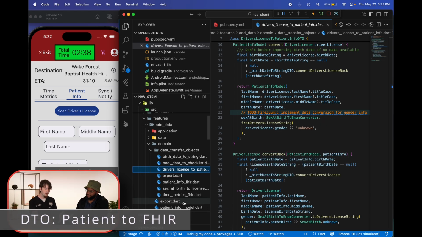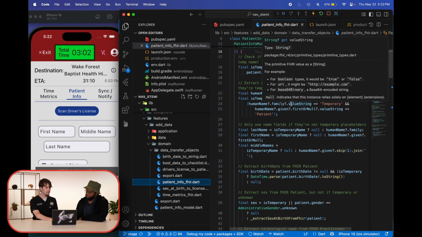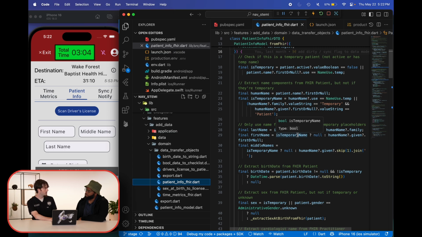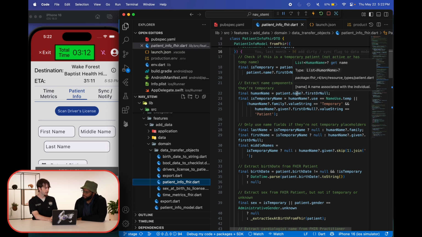I mentioned FHIR earlier in this lecture as we were talking, or in this YouTube video. And the interesting thing when you're looking at the FHIR representation is that the data transfer objects are a lot more complex, because it's not just first name, it's a separate class called human name, which is basically a list.